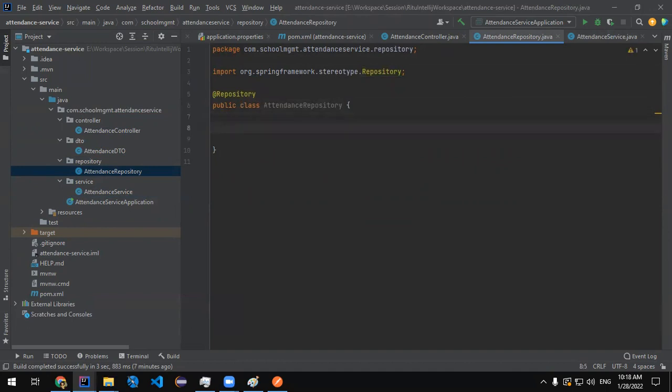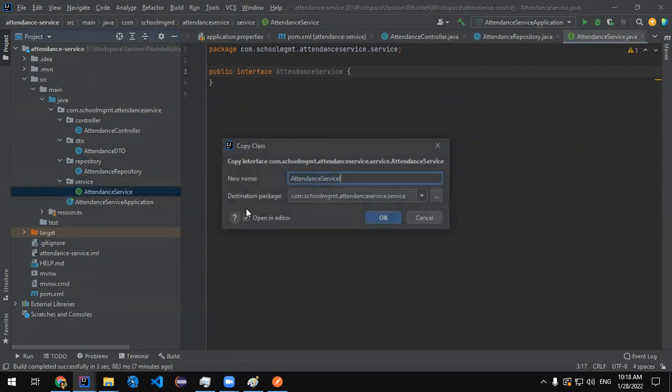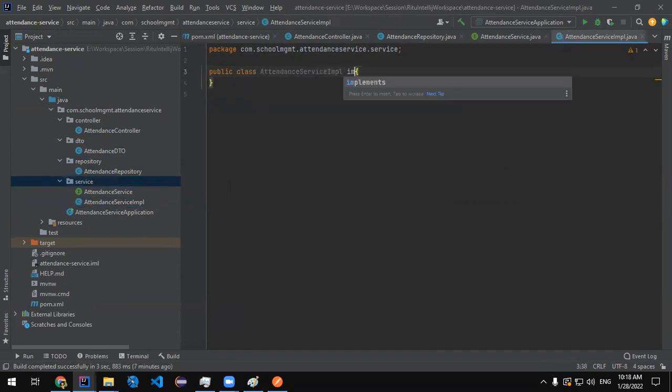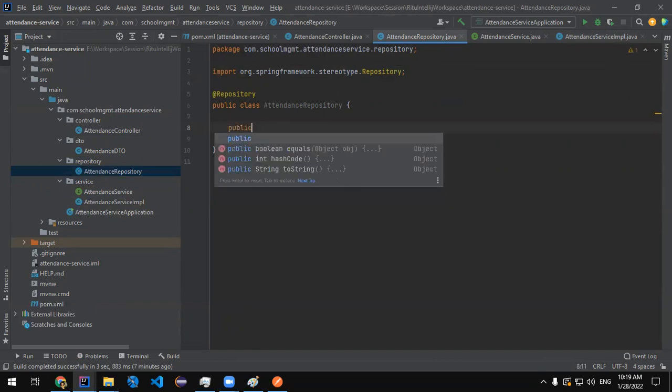It's going to be an interface, actually. No, it's going to be a class, and this will implement the service. So start with the repository first. Always have this approach: start with your database. As of now, we are not going to connect with the real database, so we'll create some hardcoded values. So, public